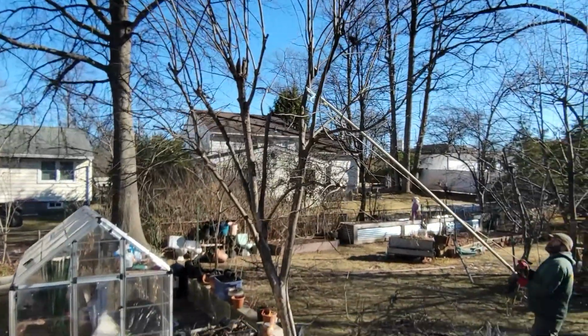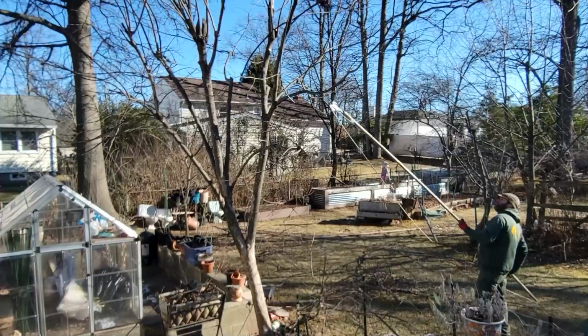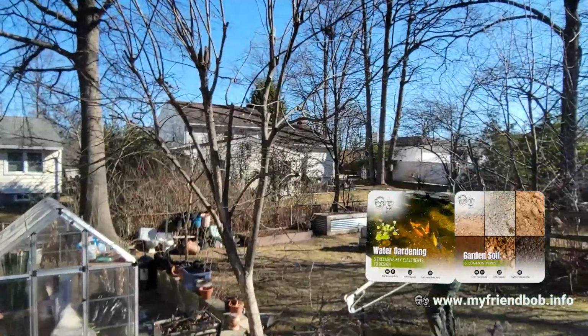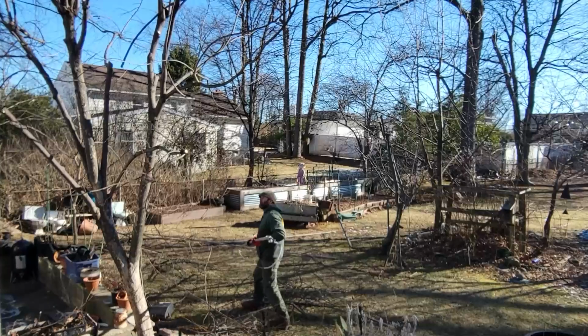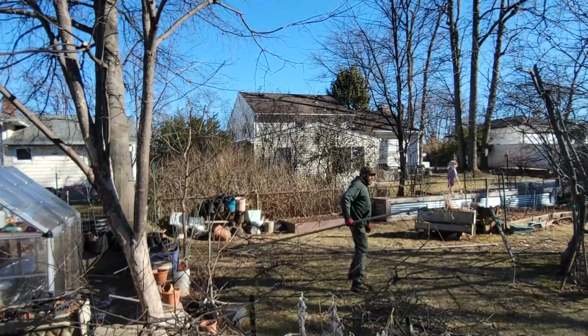I just want to stand over here to show you in terms of reference. Guy is almost 6 feet tall. This is how tall the tree is. But the tree behind Guy was almost as tall, but he took quite a few limbs out of it. So it's him another half time. I just want to show the viewers,